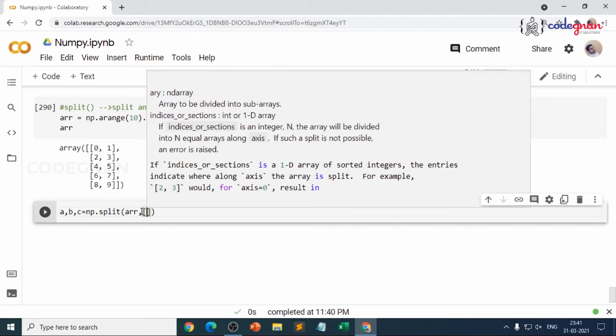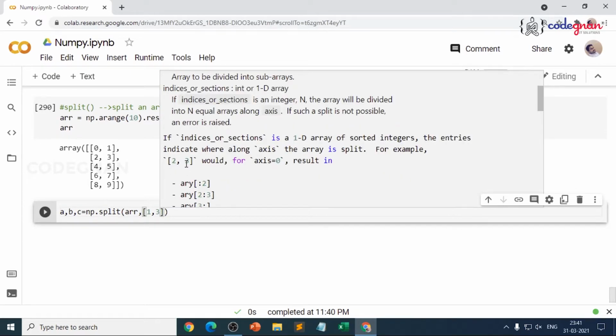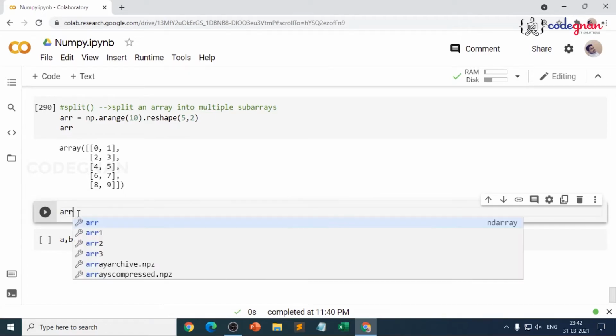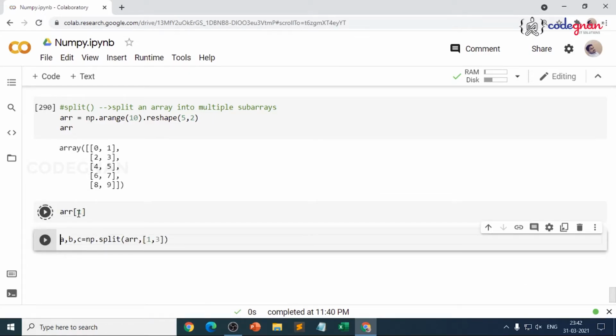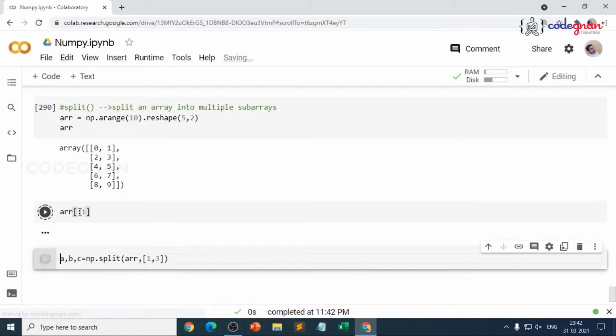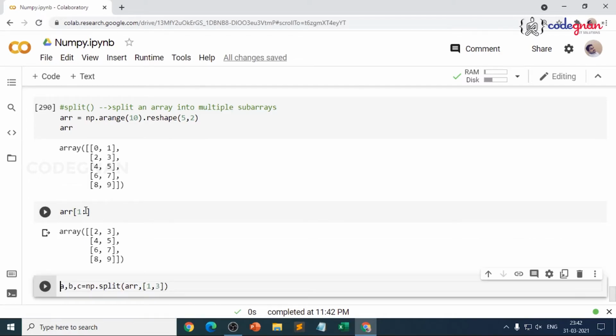So I want to have the splits in this way, 1 comma 3, because it clearly tells you, if it is 2 comma 3, before 2, 2 is 2, and after 3. In the same way, before is to 1 and 1 is to 3 and after 3. Generally, what is ARR of 1? You could clearly see, before ARR of 1 is 2 is to 3. That means what is before ARR of 1, you get the first 2 rows, that we already know. If you include after 1, you will get all the rows, right? After 1, if you include like this, what does that mean? Starting from 2, 3, 4, 5, 6, 7.